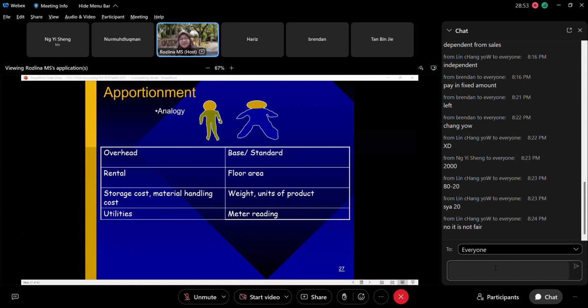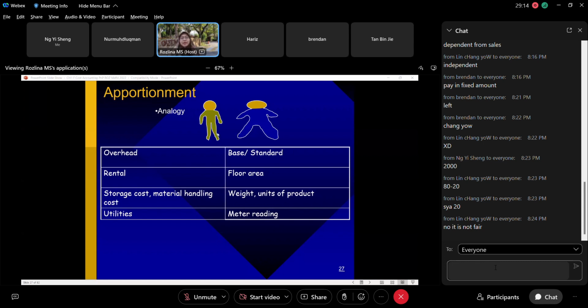Not fair. Unfair. Ataupun dia kata kawan-kawan, boleh lah, tak apalah. Okay lah, for the short term it's okay. But maybe after a certain time, after a long time, you can feel that, not fair lah. I pay 200 ringgit, but I just take very little food. Kan? Yang Chang Yong makan banyak.